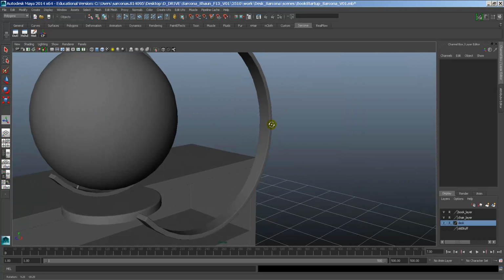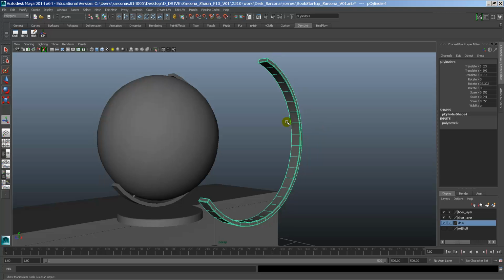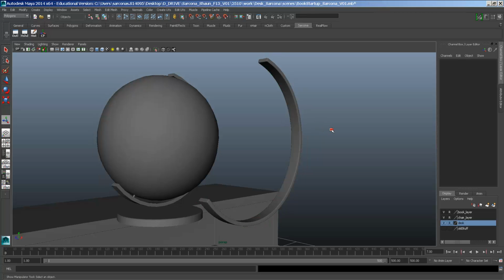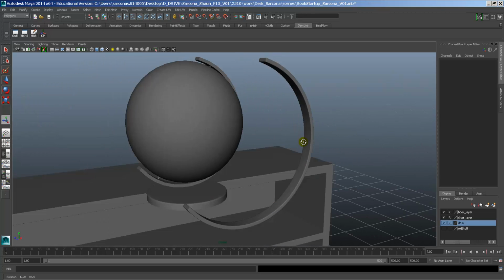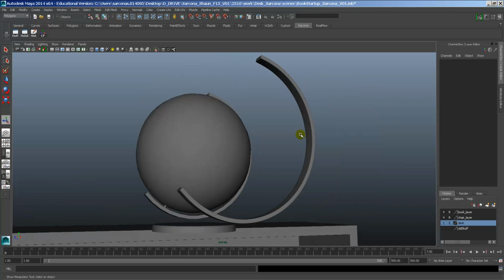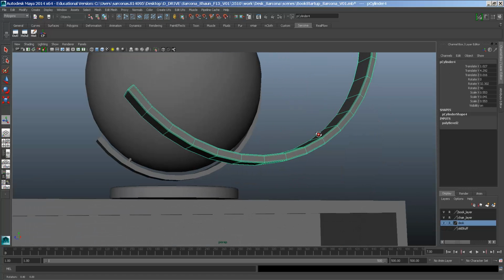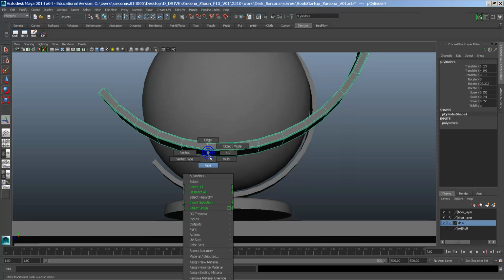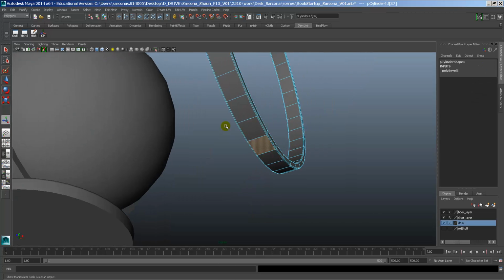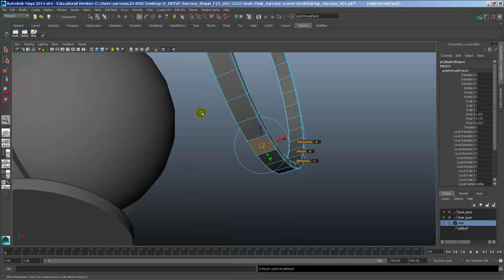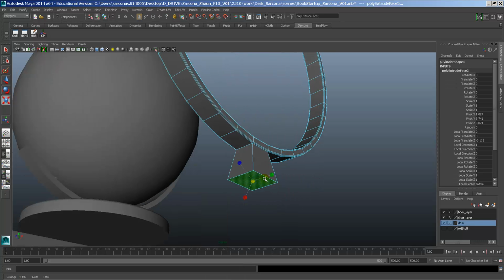And now that looks pretty nice. Okay, we could even hit 3 on this to smooth it out more if we decided we just want a little extra smoothness to it. All right, so now if I take that and I say, okay, well this is the bottom, so I want that area there to be where I pull from. So I extrude, pull it out, scale it out,